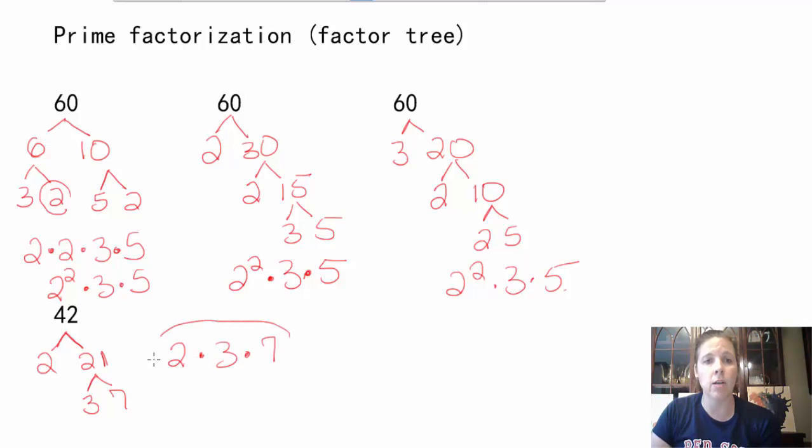Remember that you're multiplying those. Again, you are not adding those. You're not just writing them with a comma. You're multiplying those together. Okay? So that is the factor tree,